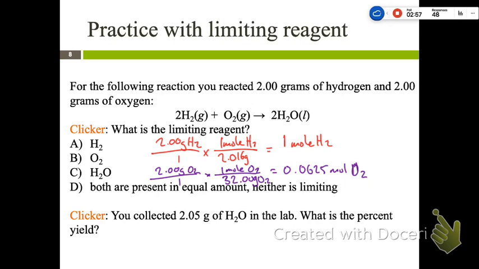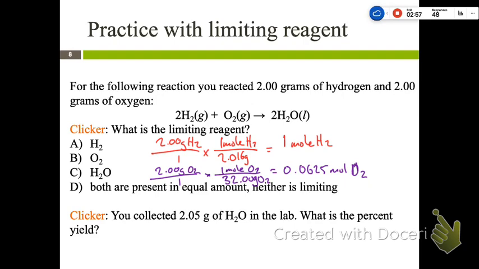For every 2 hydrogens, we need 1 oxygen. So if we are just looking at the hydrogen gas, how many moles of oxygen gas do we need to use up both equally? We have to have twice as much hydrogen as oxygen. So we need to have 0.5 moles of O2. If we had 0.5 moles of O2, then it's twice as much of the H2 as it is the O2. Do we have more or less than 0.5 moles? We have a lot less. So that's one way to do it.